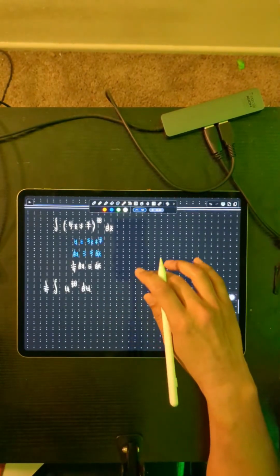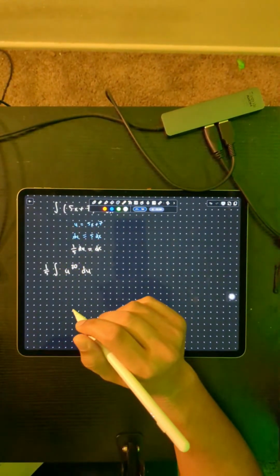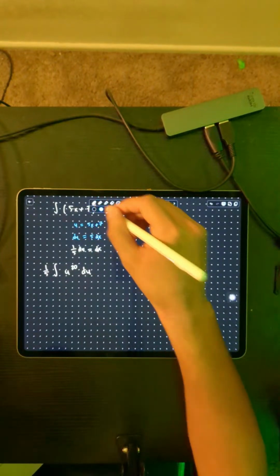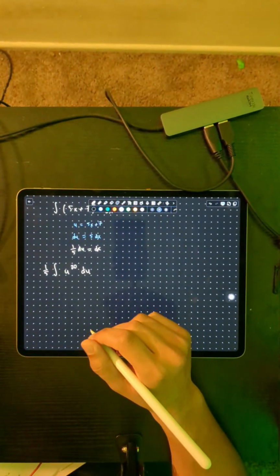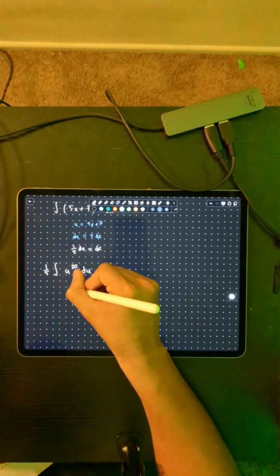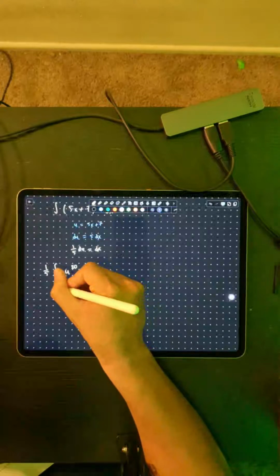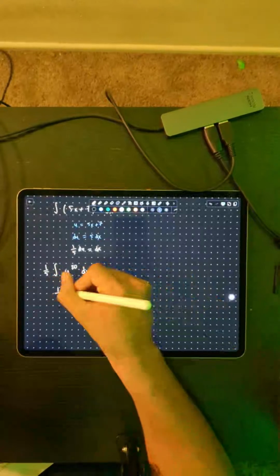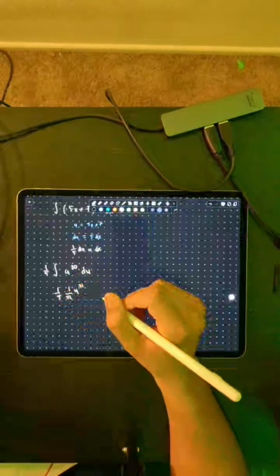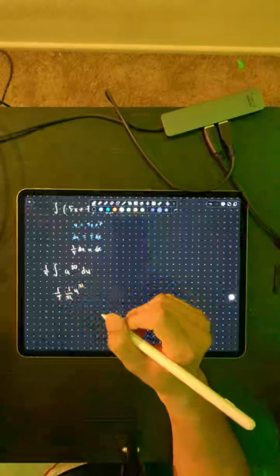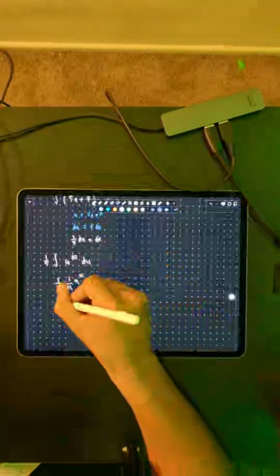Let's integrate u to the 20th. We're just going to use the power rule, so we add 1 to that exponent and obtain u to the 21. We keep that 1/5 there and multiply by the reciprocal, 1 over 21. And then before we add the plus C, which we will do in a sec, we're going to multiply out